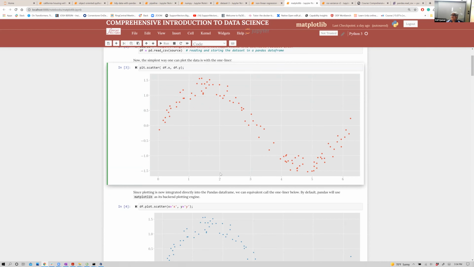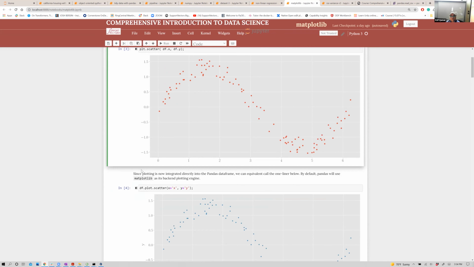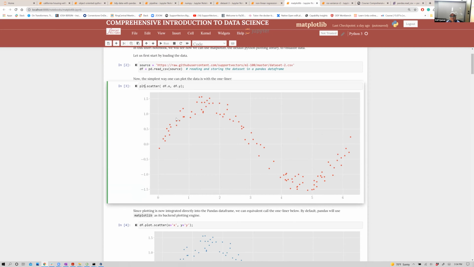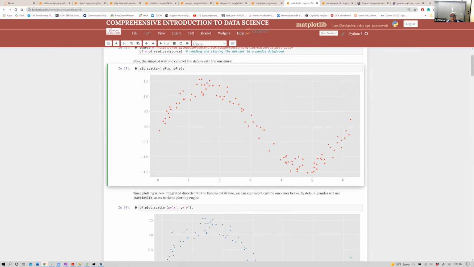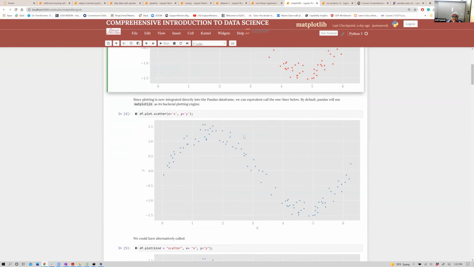Pandas data frame now supports Matplotlib directly. So instead of doing it like that, you could actually do it in a perhaps more intuitive manner. You can say dataframe.plot.scatter. It is exactly the same thing as doing plt.scatter. df.plot is the Matplotlib plot. Then you can call the same functions, except that you don't have to do df.x, df.y. You can directly give the x and y here. And you will get the same plot,